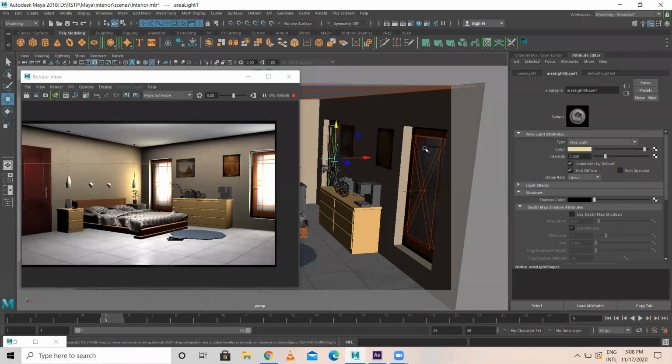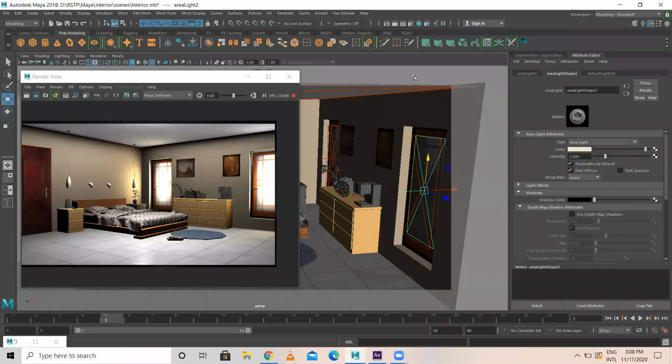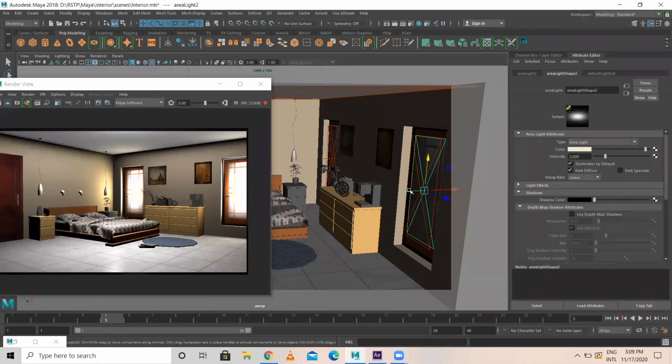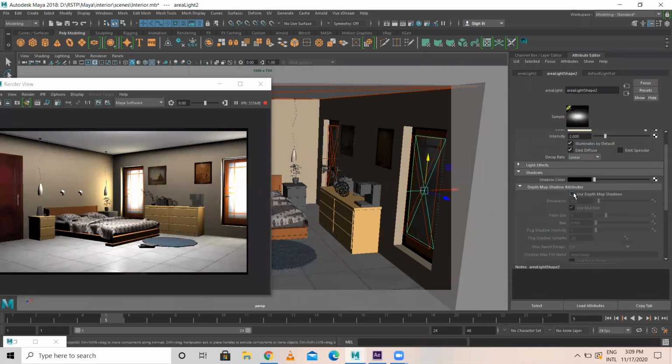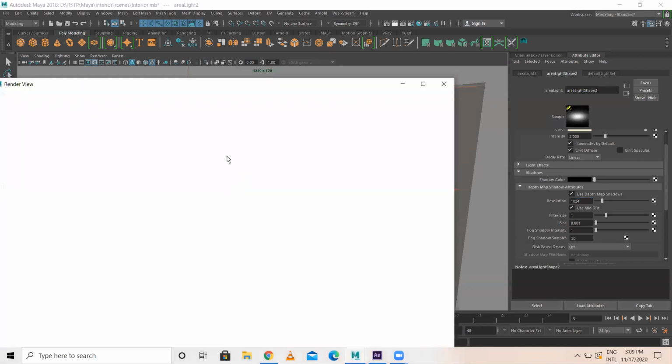Okay. So I select the same here also, sunlight color. Okay. It's like this. See, this you can do a simple lighting. Now what I'll do is I select this here, depth map shadow I'll turn on. I'll switch on depth map shadow. Resolution 1024. It's nothing but 1024 is a good resolution. And let me render this. Let me render properly.